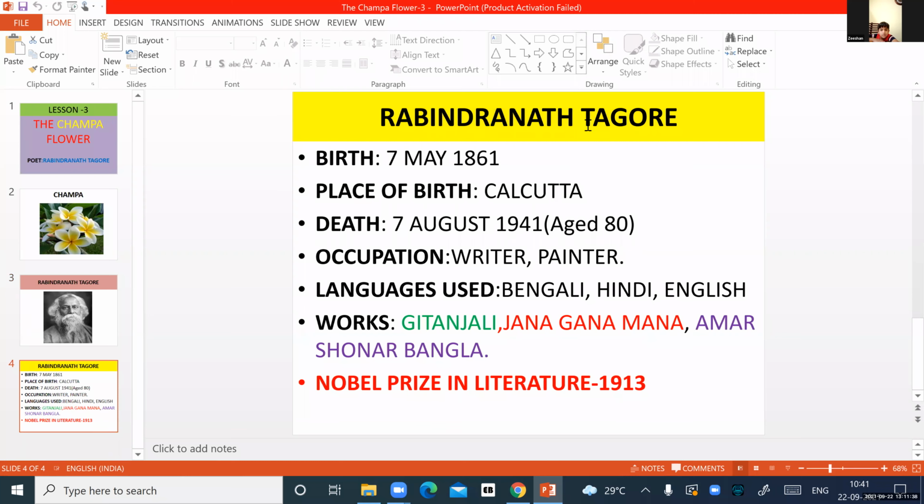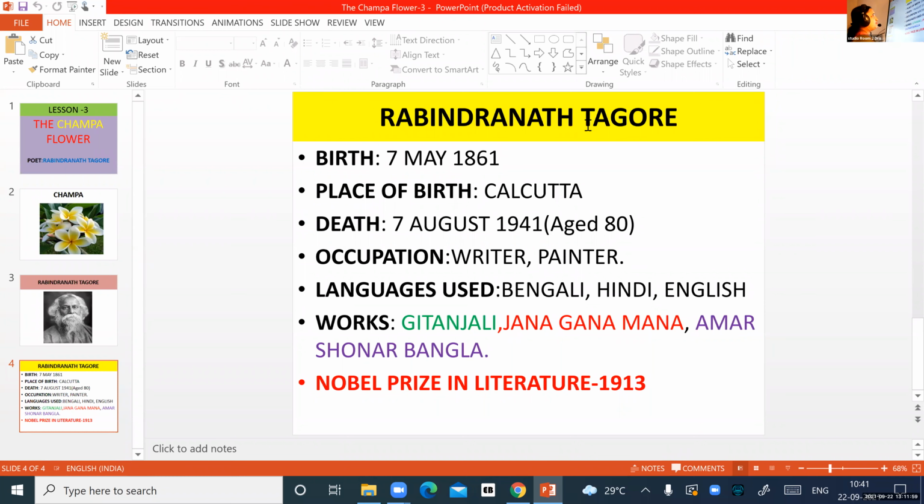Rabindranath Tagore was born on 7th May 1861 at Kolkata. The earlier name was Calcutta. Presently it is named Kolkata.